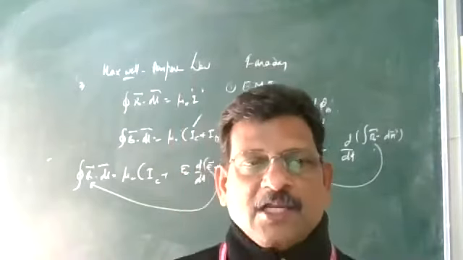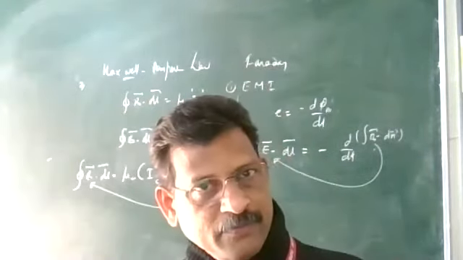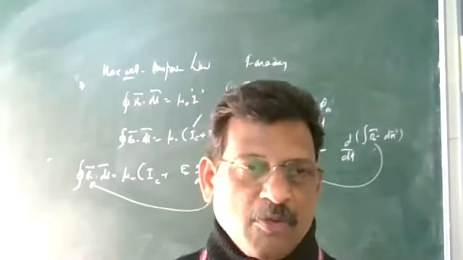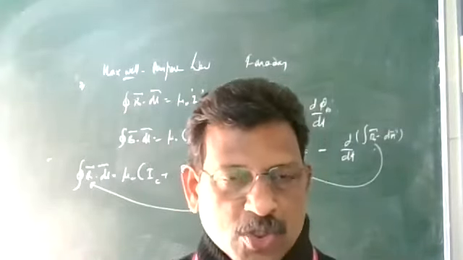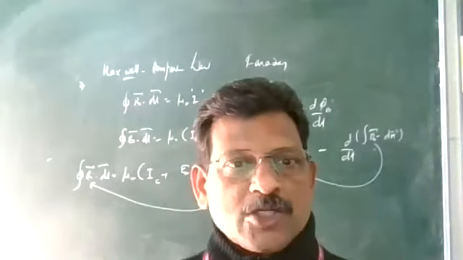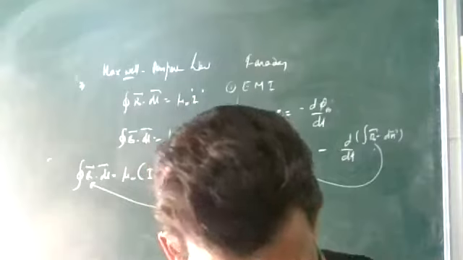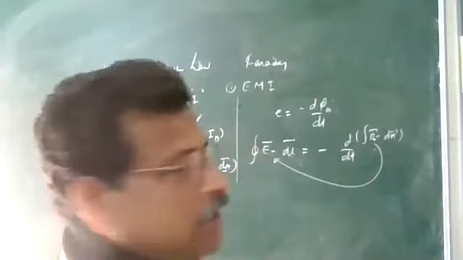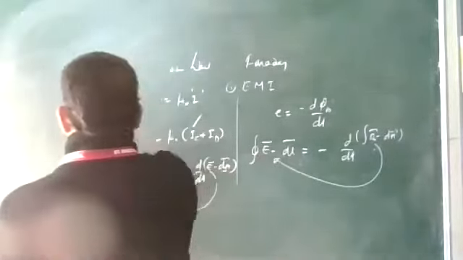So here, the electric field will vary with time and position, just like a sine curve, a harmonic wave. The magnetic field also will vary like this, and both are perpendicular to the direction of propagation. So I am going to draw the representation of electromagnetic waves. How will you draw the representation of electromagnetic waves?